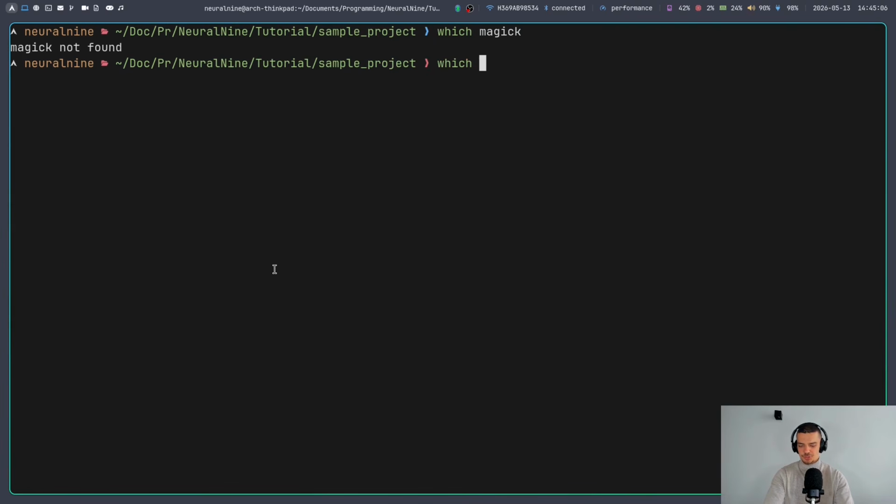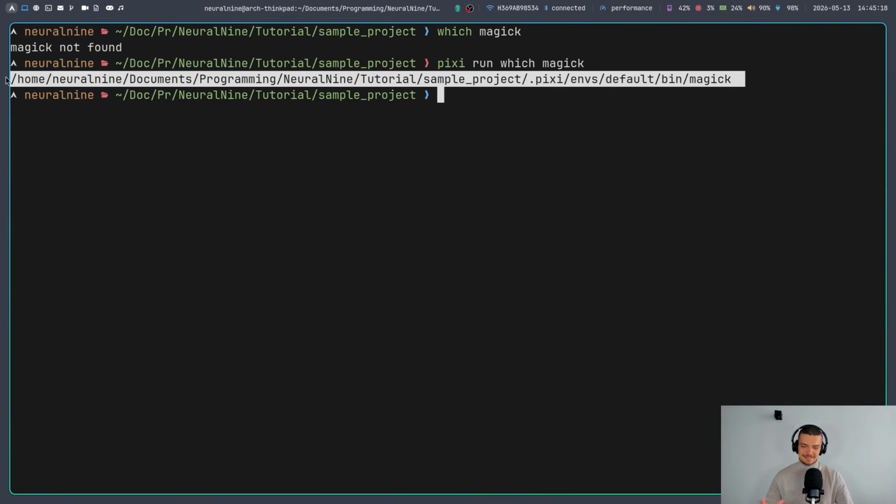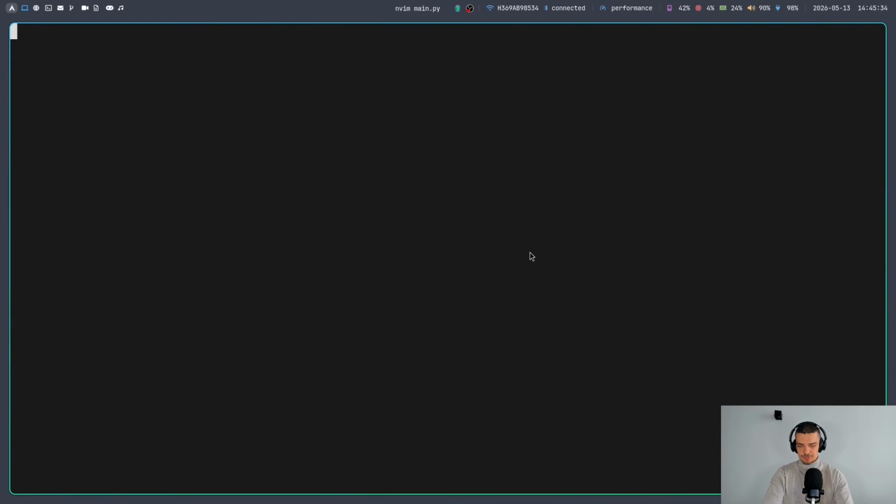And if I say which, or actually pixi run which magic, then it is happening in this environment. So you can see we have .pixi/envs/default/bin/magic. So the tool is installed in this specific project here. And let me show you that this actually works by creating a Python file that is going to use Pillow